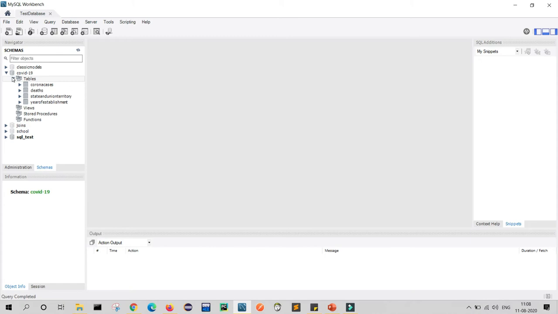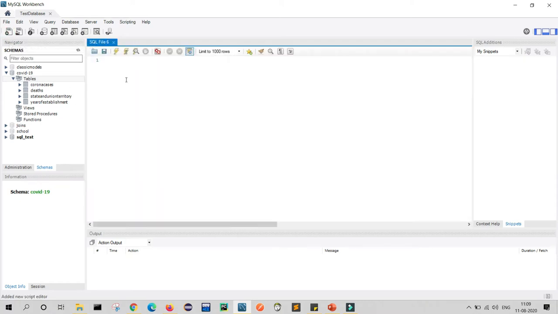Friends, as you can see, I have created one schema of COVID-19 and inside that I have created four tables. My first table is state and union territory. My second table is year of establishment. My third table is corona cases and my fourth table is total death due to COVID-19. So we will open each table and see how it looks.